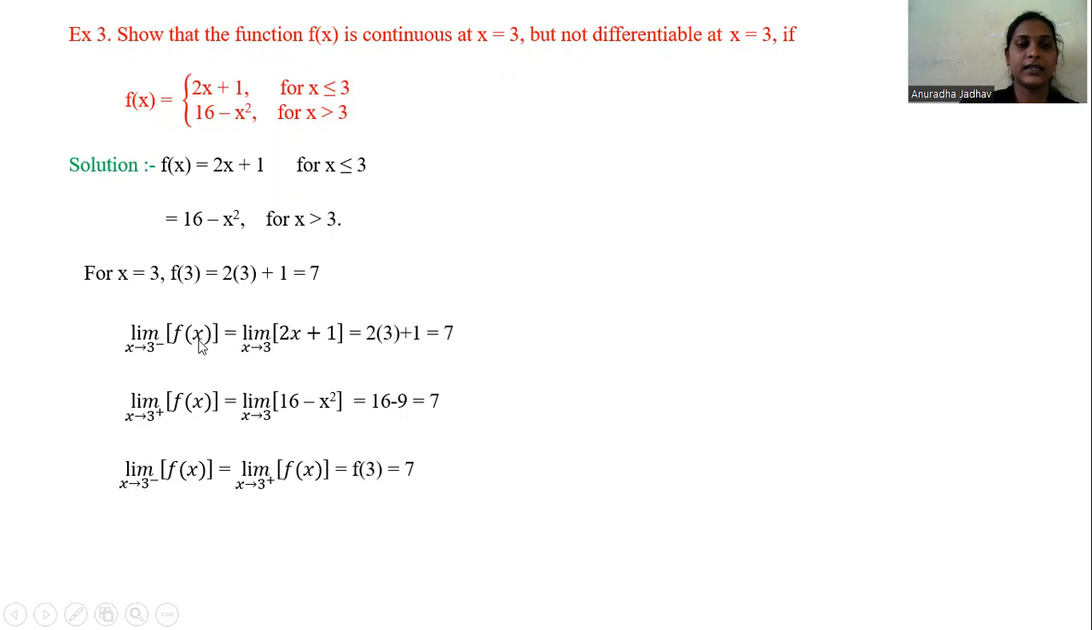That is, the left hand side limit, the right hand side limit, and the value of the function at x is equal to 3 are all equal to 7. This makes it clear that the function f of x is continuous at x is equal to 3. The next,